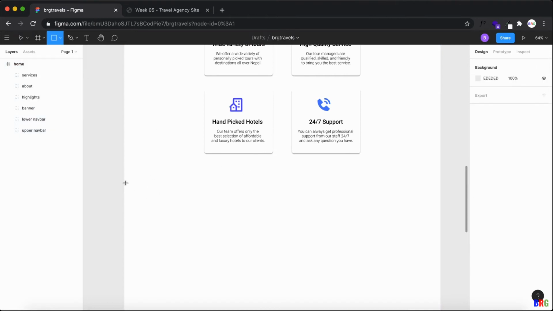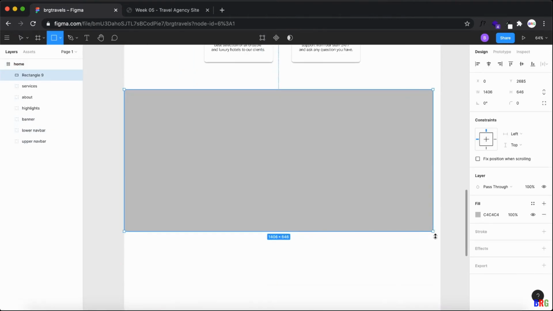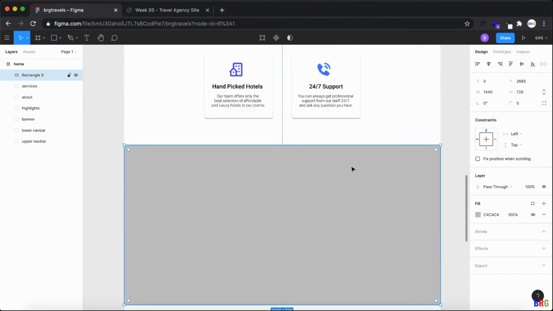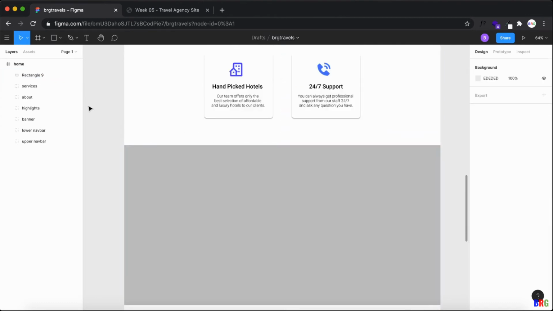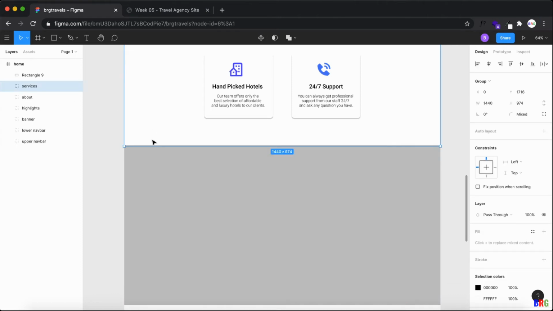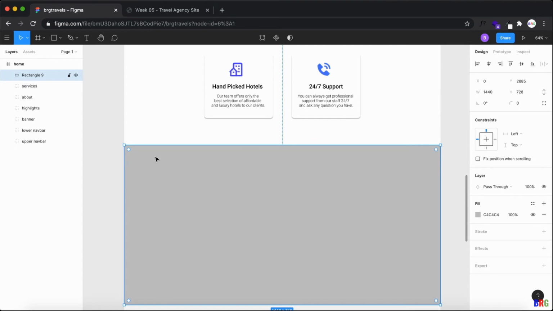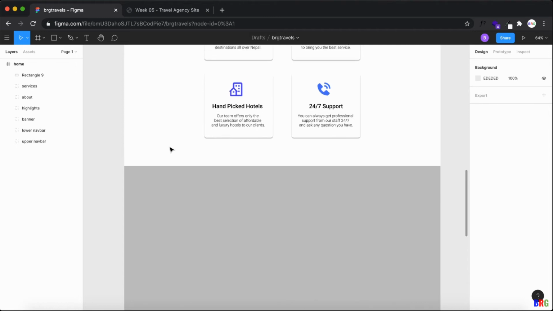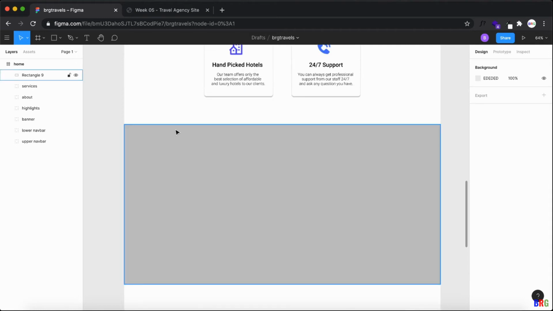Rectangle, let's start here. Right now our services end here and rectangle 9 starts from here. So I just need to drag a little bit. I will use keyboard down. You can see when I do keyboard down, it gets me into the proper place. The red part is coming, that indicates I'm at the bottom of the first frame, our previous rectangle.